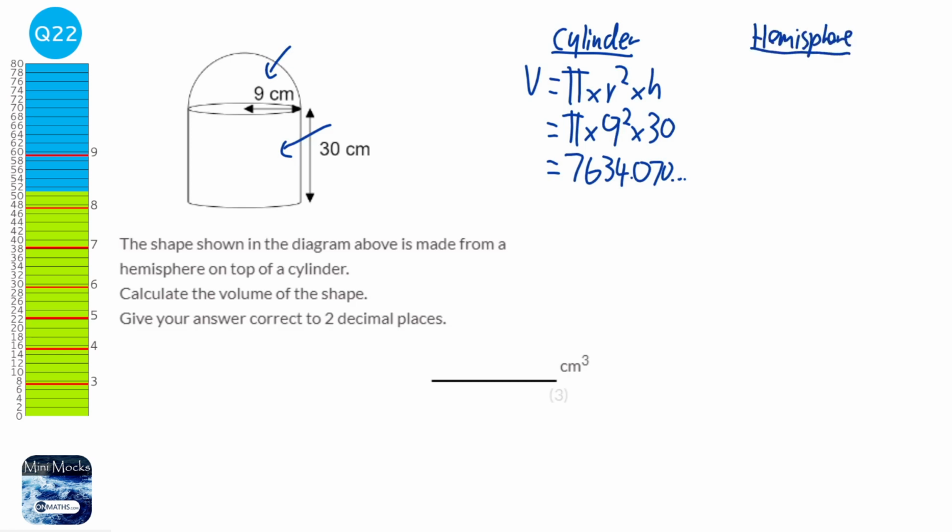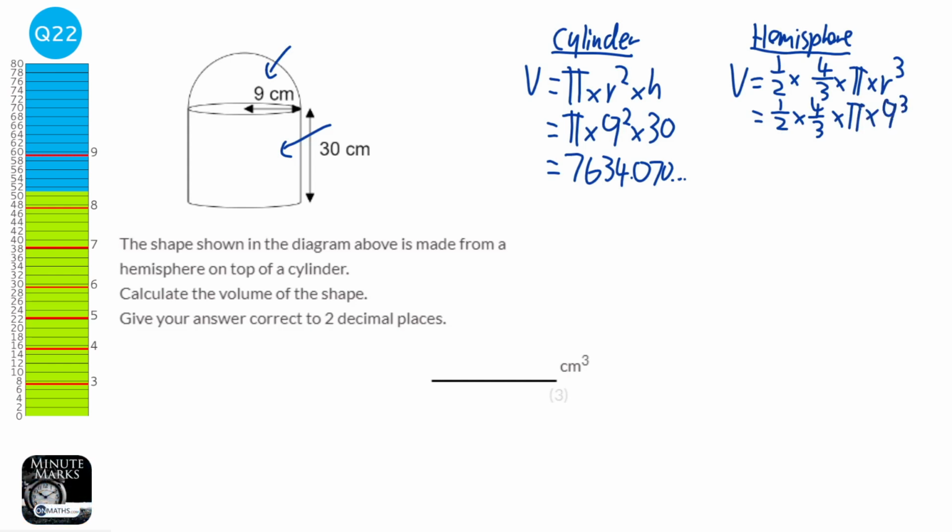To find the volume of the hemisphere, well, the volume of a sphere is 4/3 times pi times r cubed. But because it's a hemisphere, we just times that by 1/2. So it's 1/2 times 4/3 times pi times r, which is the radius, which is 9 cubed. And that gives us 1,526.814, blah, blah, blah. And so the total volume